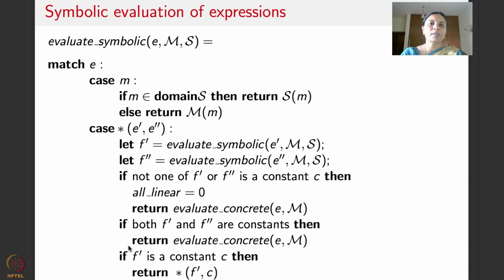So here is how symbolic evaluation of expressions happens. There is a function called evaluate symbolic, which symbolically evaluates an expression E in the context of a memory M and already available symbolic expressions capital S. So what could be various kinds of expressions?